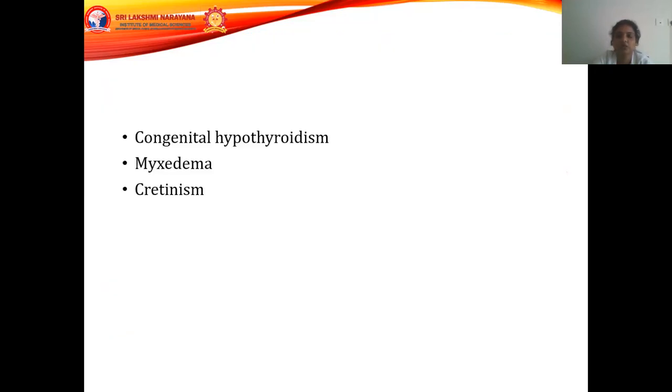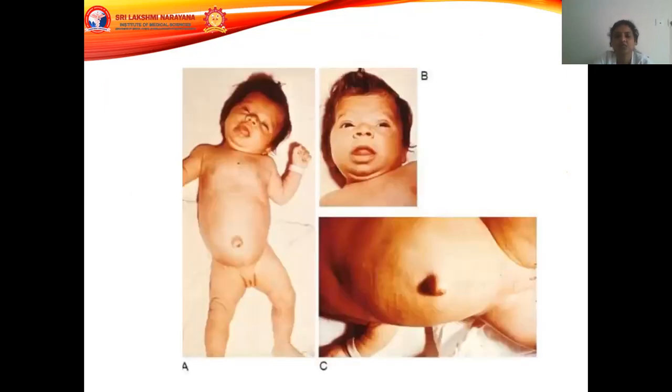So some of the presentations of this hypothyroidism are congenital hypothyroidism, myxedema, and cretinism. So we'll see one by one. So this is the congenital hypothyroidism which occurs in the newborn, where you can see that the baby has a